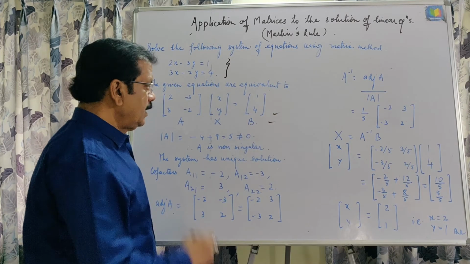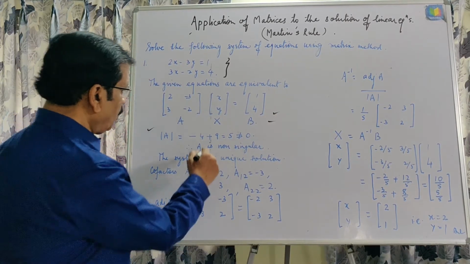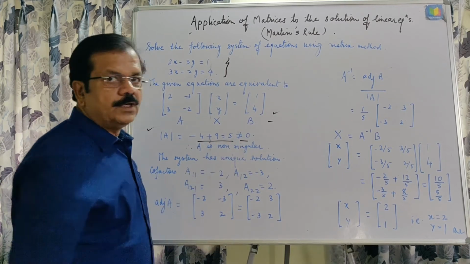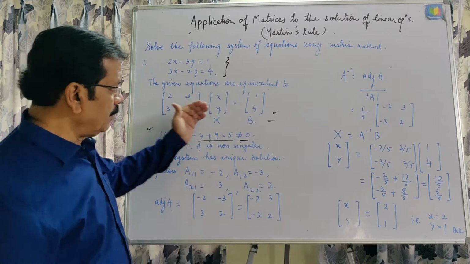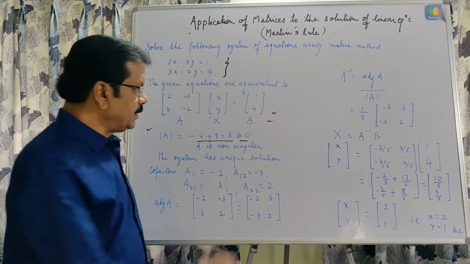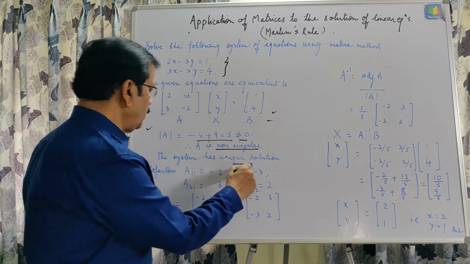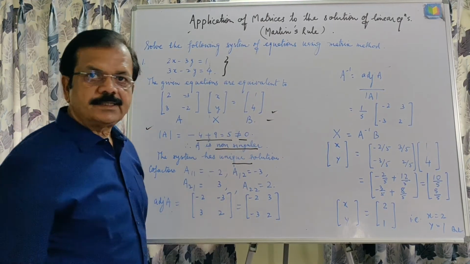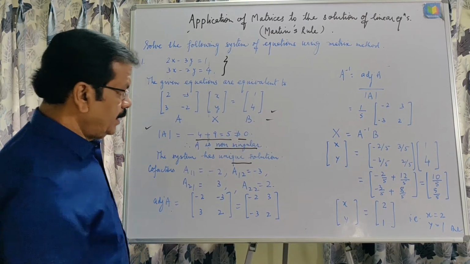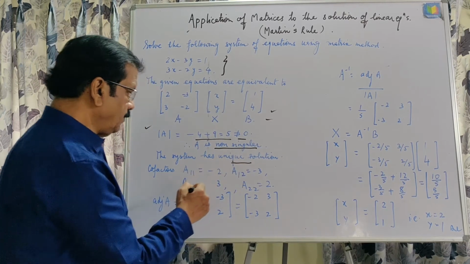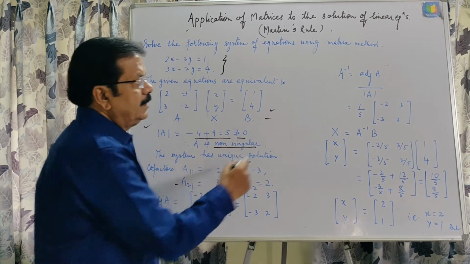After writing this, we find determinant of A, which is coming not equal to 0. This is the first type. If determinant of A is not equal to 0, this is a non-singular matrix and it has a unique solution, and this is consistent. This unique solution we can find after writing cofactors again, and then